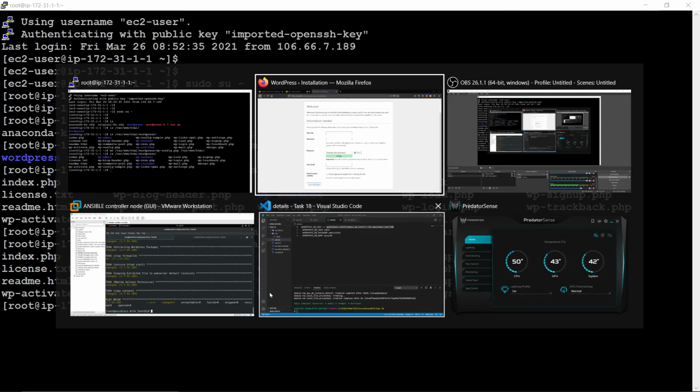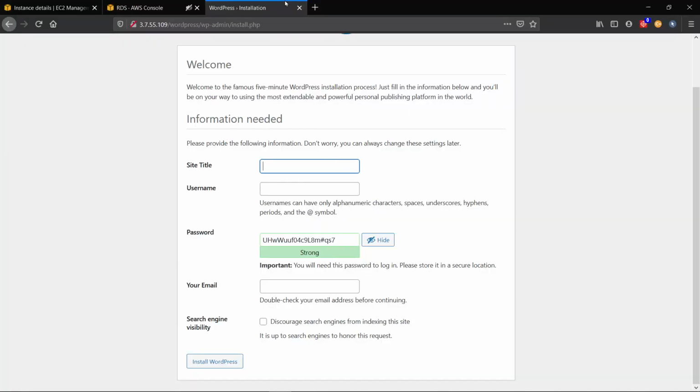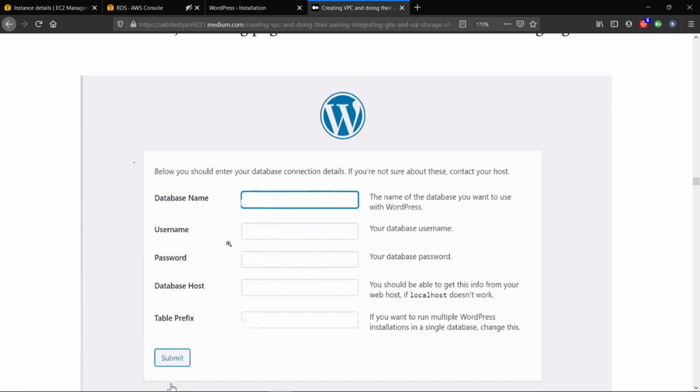But if we don't give the credentials, some other page comes. We can see in my medium. If we don't give those credentials, this initial page comes in which you have to give the database name, then the username of the database, password of this database, and the endpoint here. So to skip this step, I have given the credentials initially. Otherwise, if you don't give, then also it will work. But to make it more automated, I have done this. Only this was the reason I have given the credentials before.